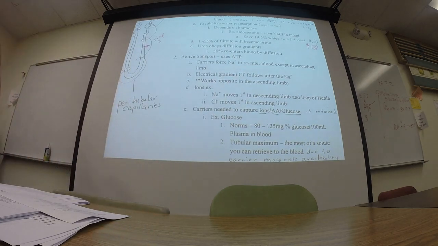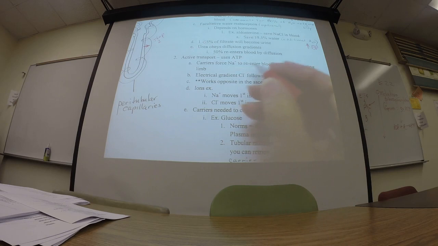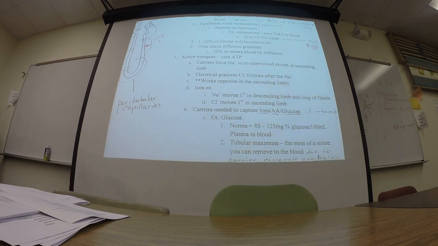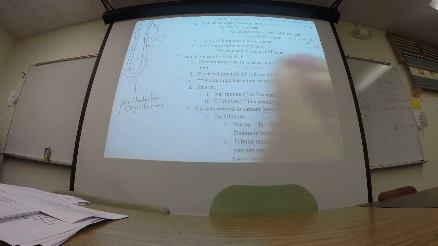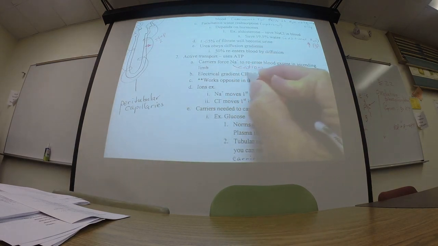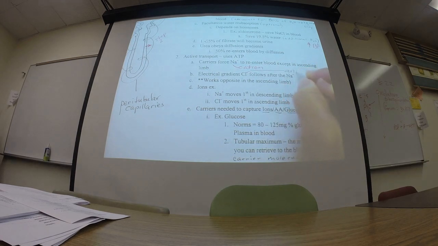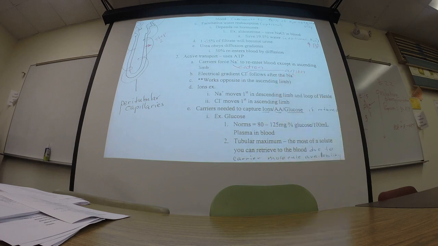So the positive thing is cation, and the negative thing is called an anion. I remember it because it has two N's in it, so it's the negative thing. N, negative, two N's, anion. But anyway,